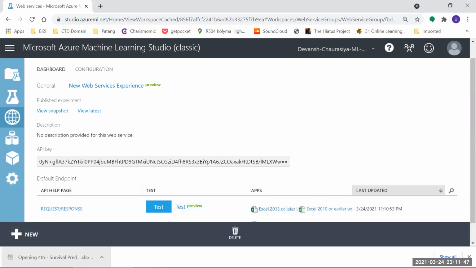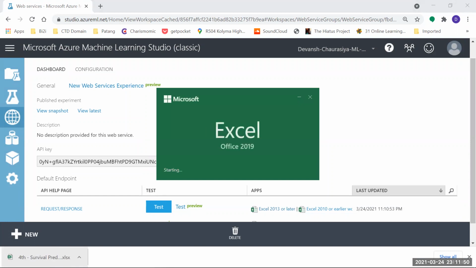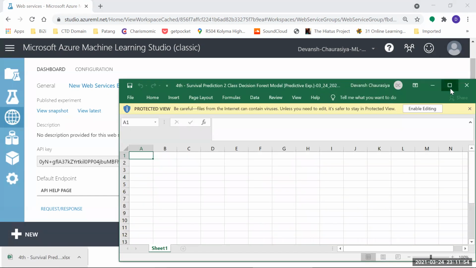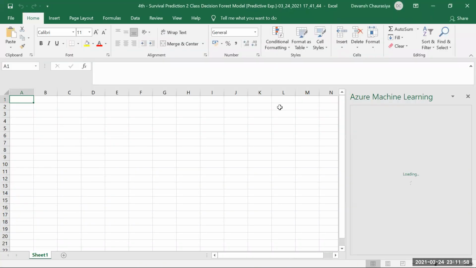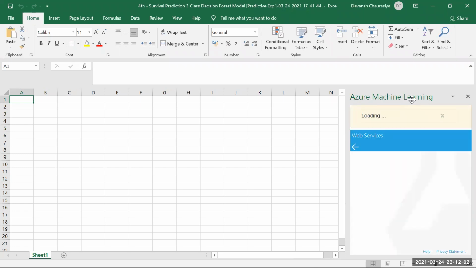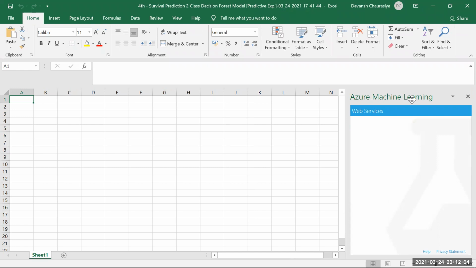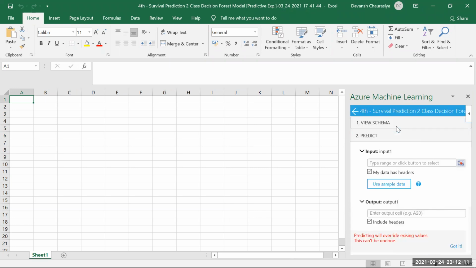Let me open this. All right, enable editing. Azure Machine Learning. I'm sure you're excited. We have actually deployed, and now we're going to use it. Click on here, use sample data.